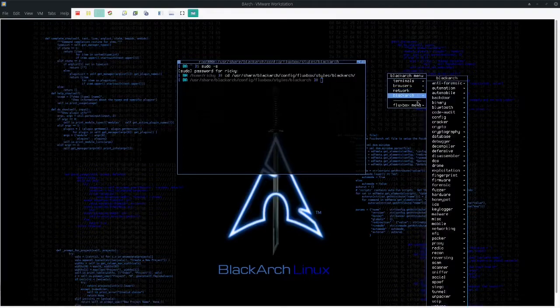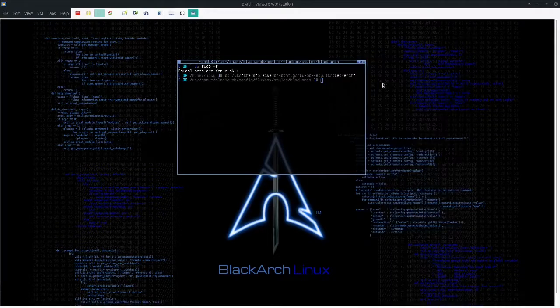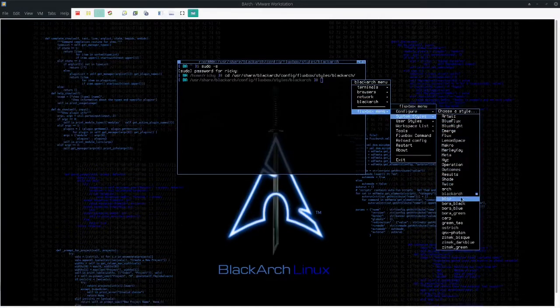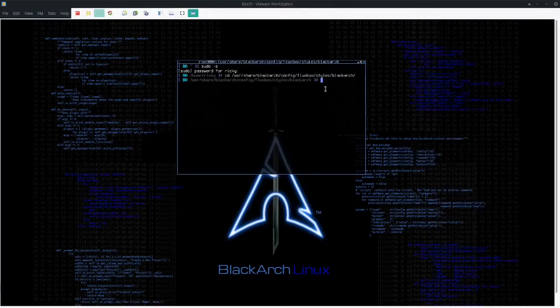So how can you check the themes? If you click here, you see the Fluxbox system styles. So here BlackArch is right. We also have the Flux theme, blue night, blue fog, blue flux, everything, but most of them are nearly the same. Here you can see there is a file called theme, so you can edit the theme file to